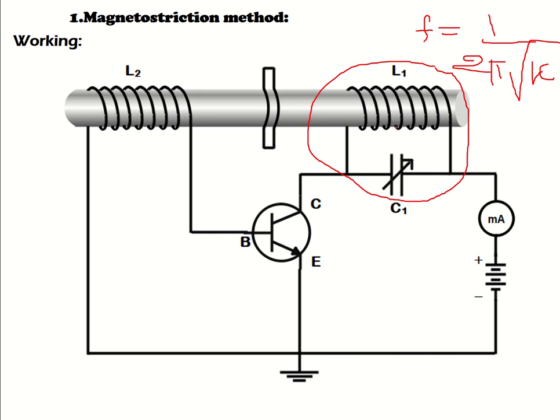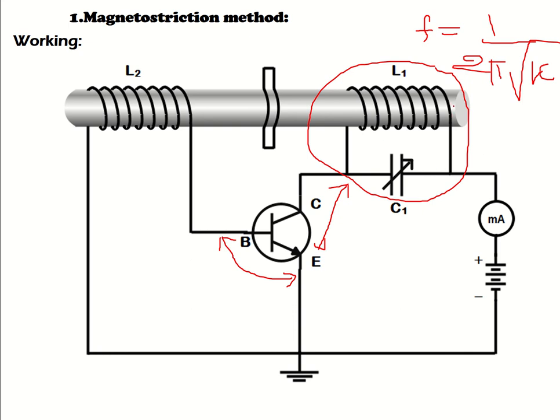Due to that, a mutual induction will take place into the L2 circuit. So the L2 circuit will also oscillate with this frequency f = 1/(2π√(LC)). So that signal will be fed to the base emitter junction of the NPN transistor, and that signal will be amplified at the collector emitter junction of the NPN transistor, and whatever the current is passing through this positive terminal, tank circuit, collector, emitter, and negative terminal of battery, that signal will be amplified and it will again be fed to the L1 coil.